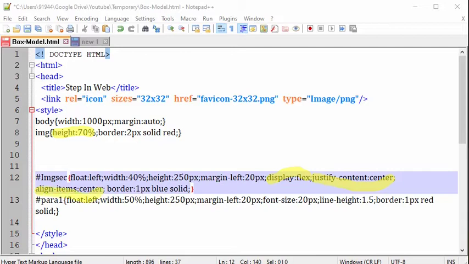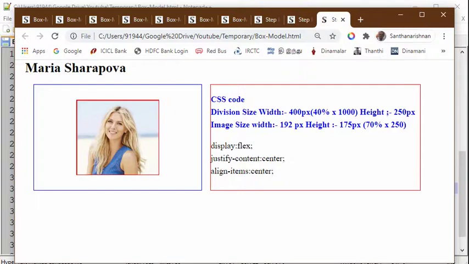These three properties I have written in the image's division. Display flex will treat that image in the float condition, justify content center will center that image in the horizontal direction, and align items center will align the image in the vertical direction. Now you see that the image is placed in the center of our division.